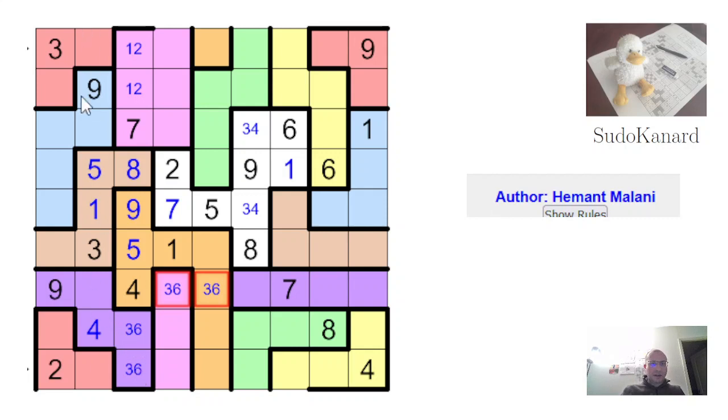This column now needs 2, 6, 7, 8. So this is from 6, 7, 8. This is from 2 and 8. This is also from 2 and 8 because of this 6 and 7. So inside the column we get 2 8 pairs. So that's not 8, and this is 6 or 7. So now this red region that